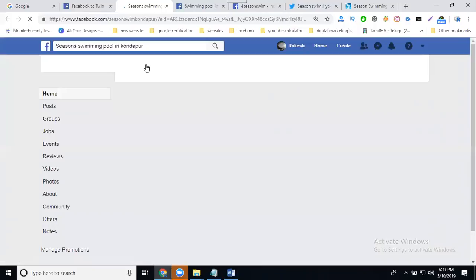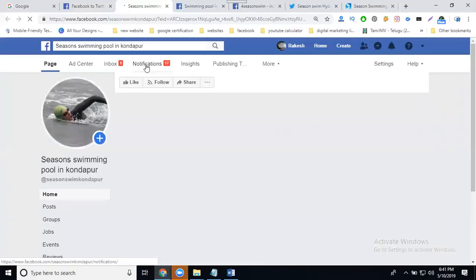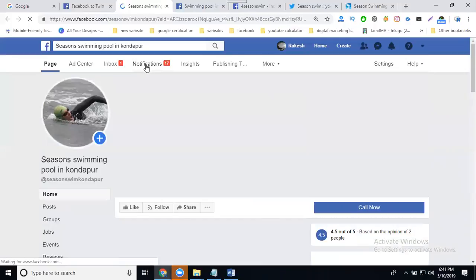Select it. Any page. What are the content you are posting? Automatically shared where? On the Twitter wall. First of all, I check whether anything posted on your Facebook automatically shows on Twitter or not. First check your pages. Now,